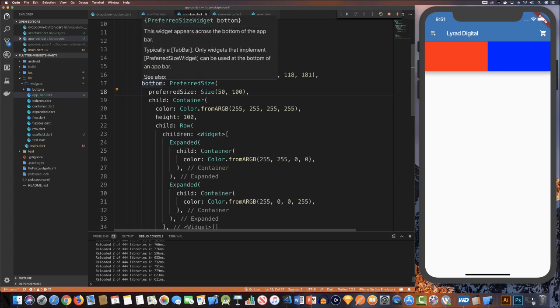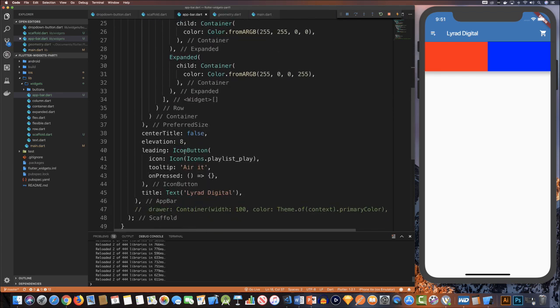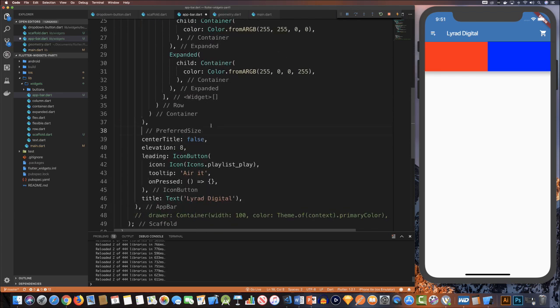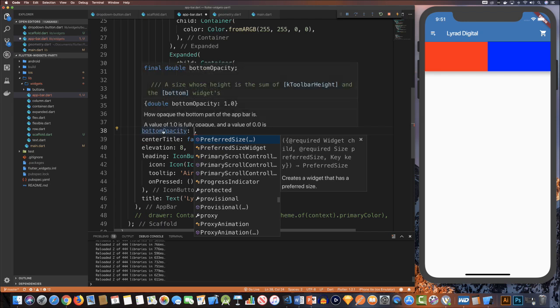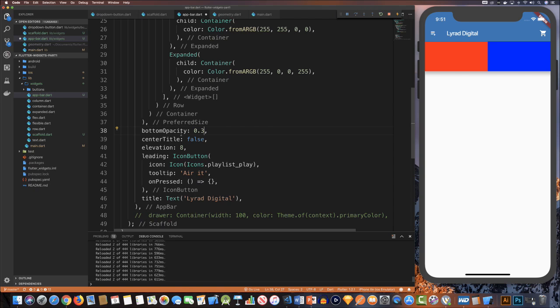Alright, so that's essentially what the bottom is. The bottom is the bottom of the app bar. We're setting a preferred size on it, and then we can put something inside of that bottom. Now, it also said something about bottom opacity. So let's check that out. Bottom opacity, and what does this take? It takes a double, and it looks like it's 1, so it's between 0 and 1. So if I go to 0.3 and save,